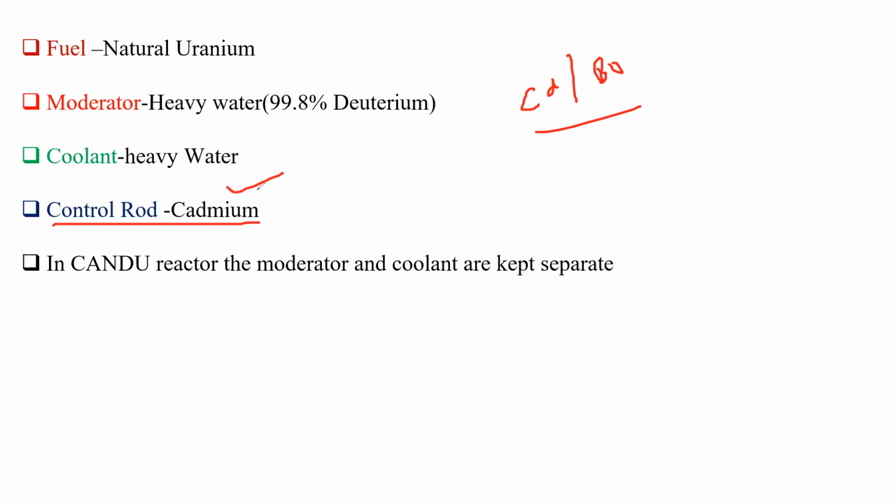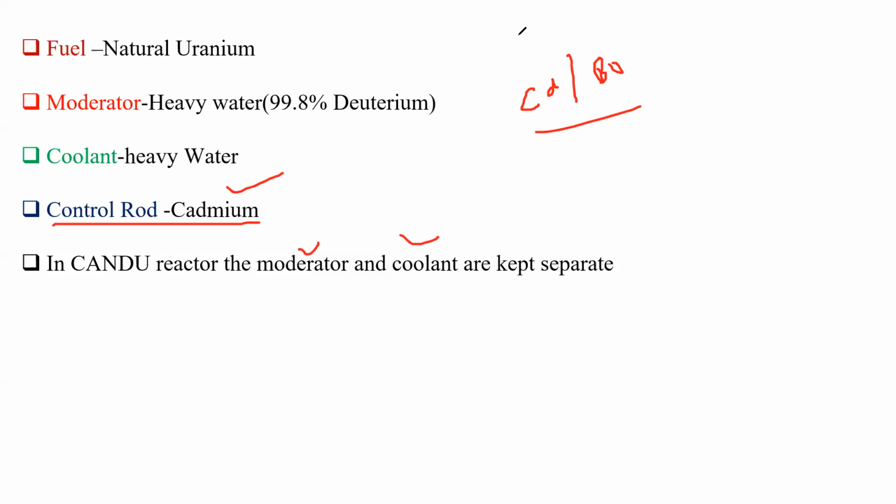Why do I always mention the difference? Because when you make the difference, you get the clarity. Means which type of coolant you use in the PWR, which type of coolant is used in the Canadian reactor. So this gives you clarity. So always compare with respect to other reactors, so you can revise all the concepts at one time. Now in this Canadian reactor we use moderator and coolant kept separate. So these are some points with respect to your Canadian reactor.